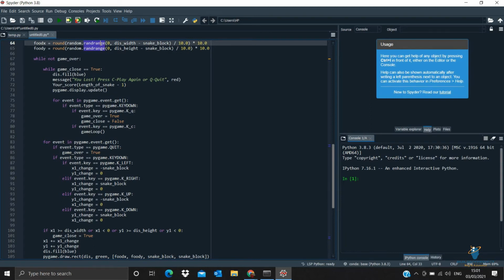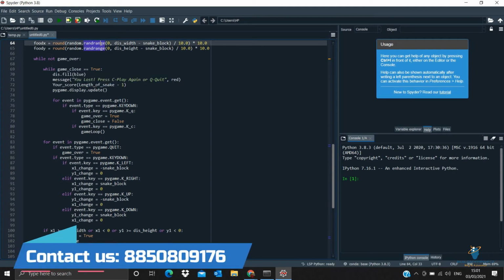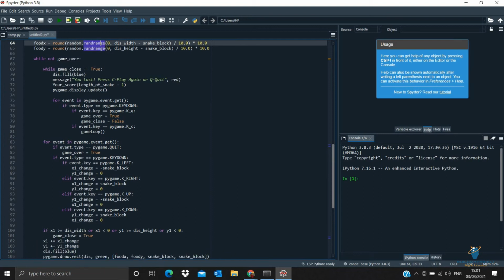So here, while not game over, inside this, we will go with closing the game, and then we will go with playing the game. With the help of the while statement, we give game_close the value as true, and inside this, when the game is going to close, when you get out, the blue color will be displayed, and the message will be displayed as: You lost.